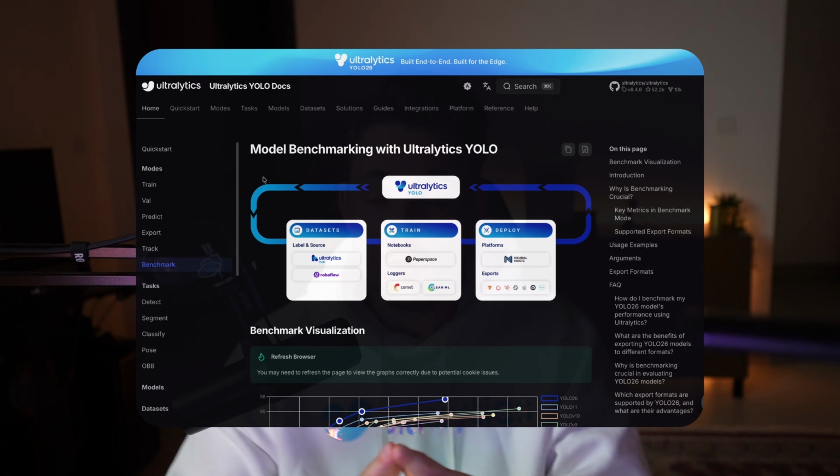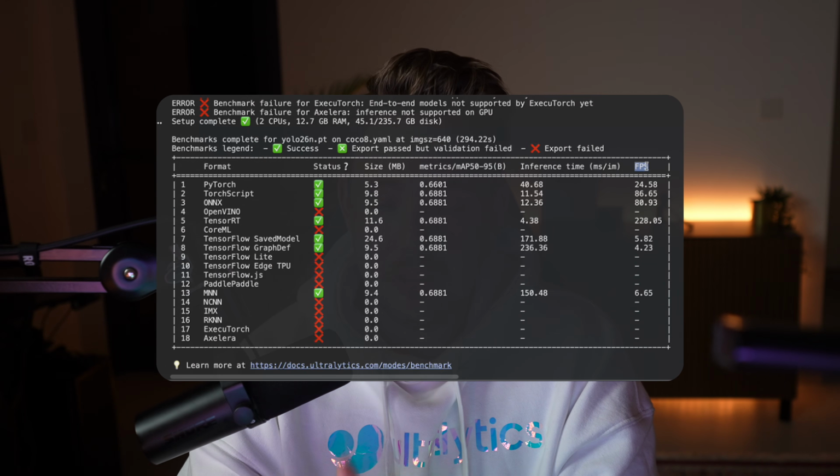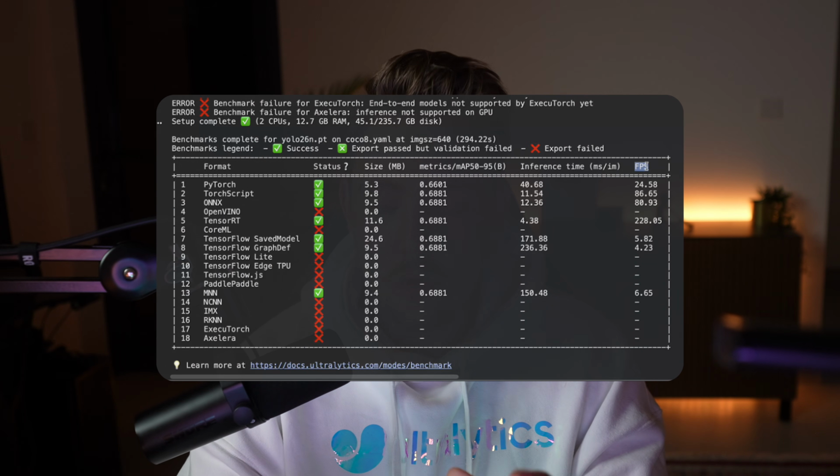Let's see how we can benchmark the new YOLO26 model so we can see how fast it can actually run inference with different optimization frameworks that we can export it into with the Ultralytics framework as well. Everything is pretty much just a few commands that we need to run, but this is very important to know once you have trained your own custom models and want to get them into production, basically just to benchmark them,